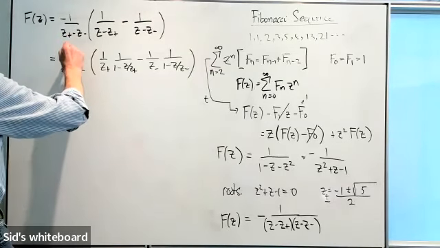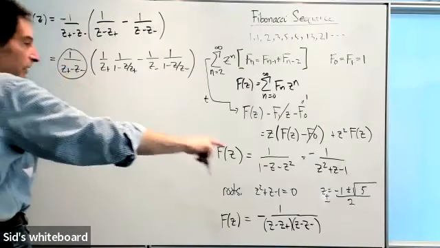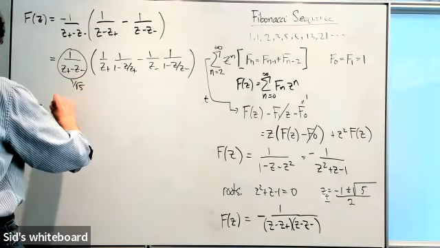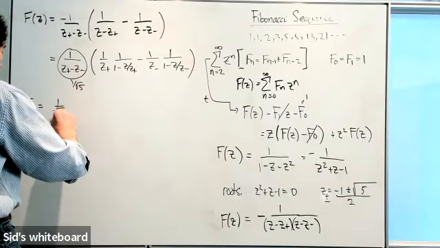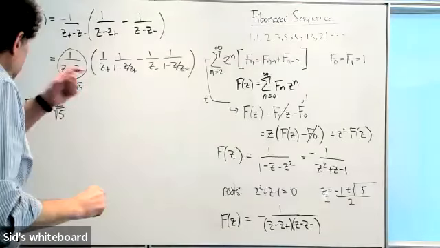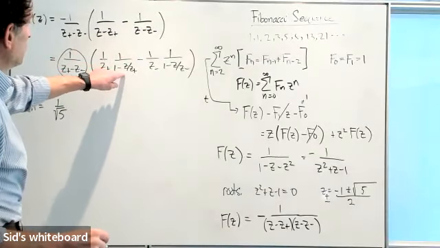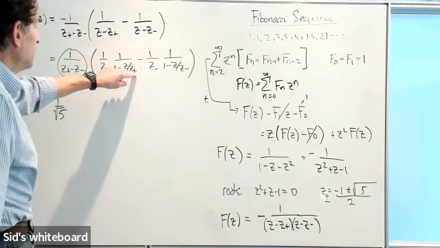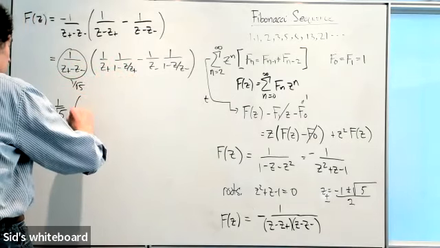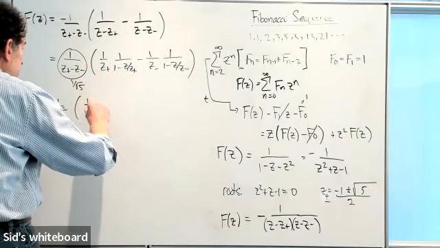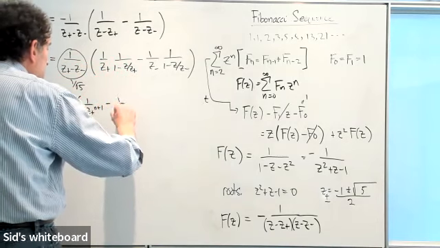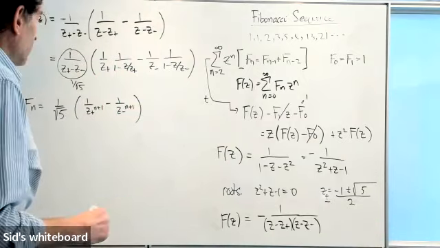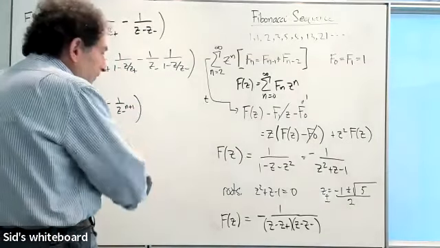So by the way, this quantity here, if we look at what the values of the roots are, this thing is 1 over the square root of 5. So this is equal to 1 over the square root of 5. And then I have, when I expand this in a power series in z, the nth term in the series will have a 1 over z plus to the power n. So this is 1 over z plus to the power n plus 1 minus 1 over z minus to the power n plus 1. And now just to get an explicit answer for this, notice that 1 over z plus